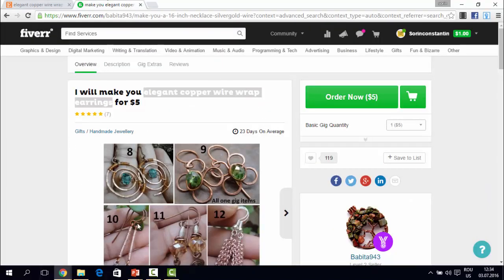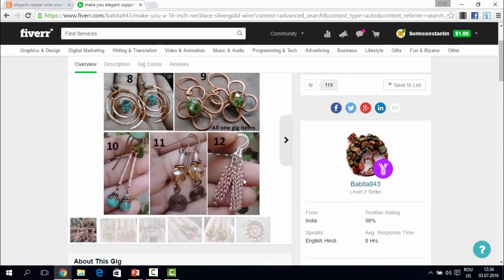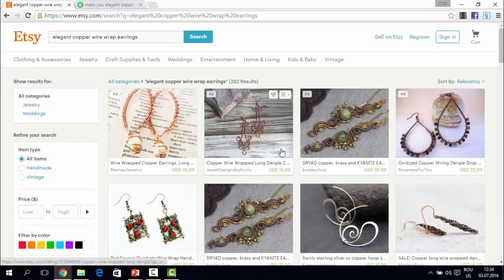So this is how it's done. After you find your seller here, you negotiate with this seller. You talk to the seller and ask about all the conditions, everything you need to know about the products. How is the shipment made? Does it cost any money? How much does the shipment cost? In what countries does the seller ship, and so on. After you have everything figured out, you can go on Etsy.com, go to sell on Etsy, create your account, and after that create your listing with the earrings or the mugs or whatever you want to sell here.